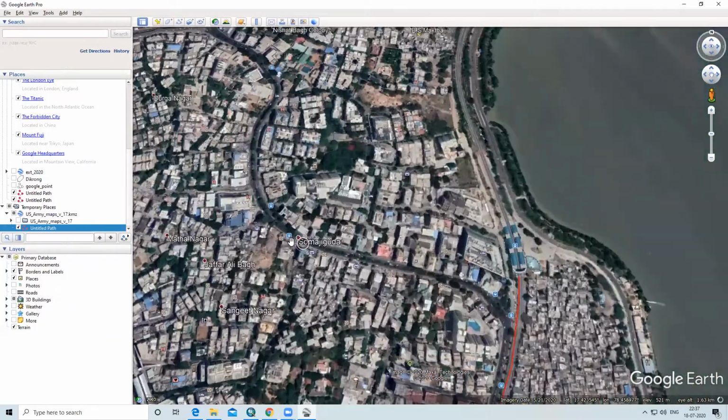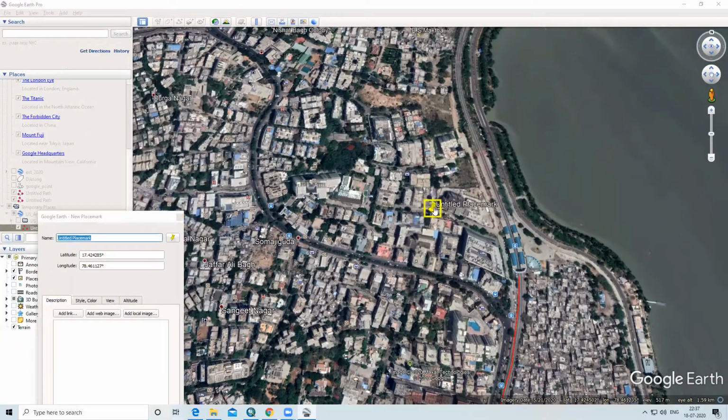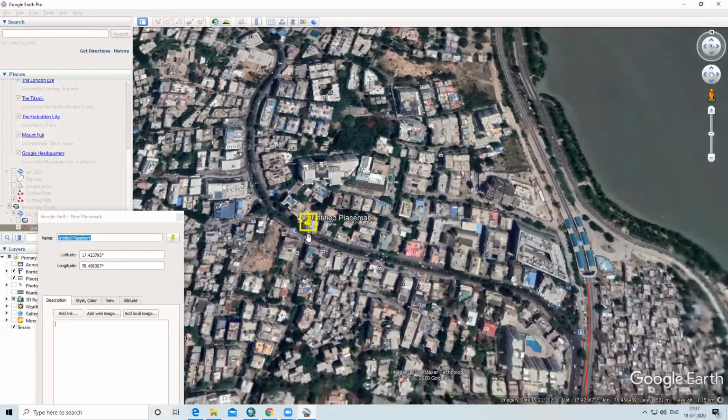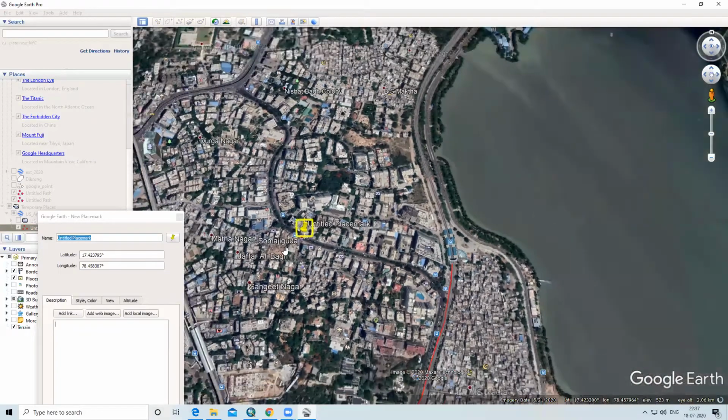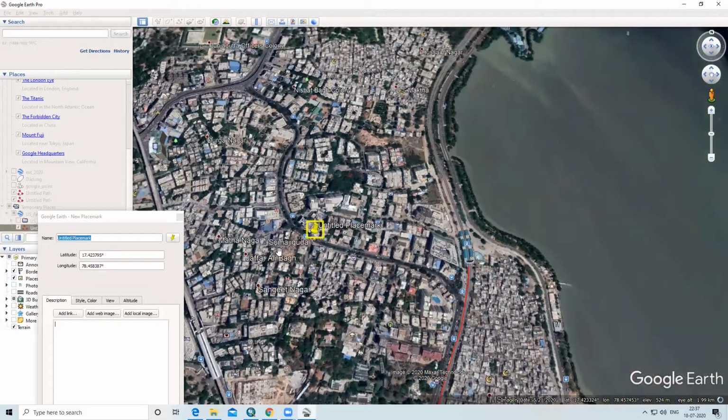Suppose I want to show you a point feature, then I will click here on add place mark. Suppose this point is there and I want to name it Somaji Guda.